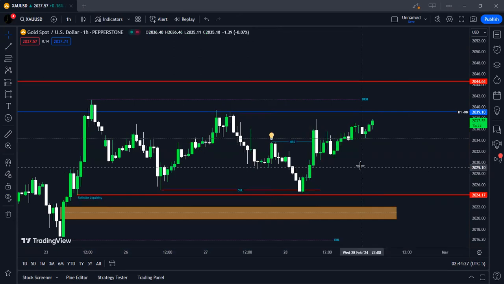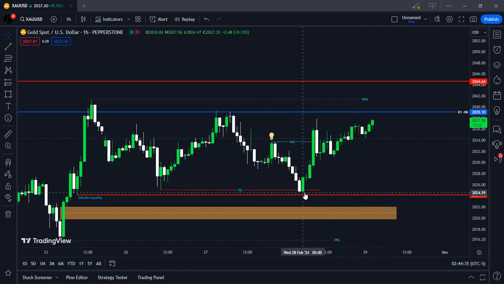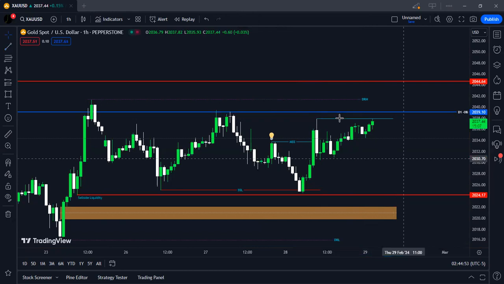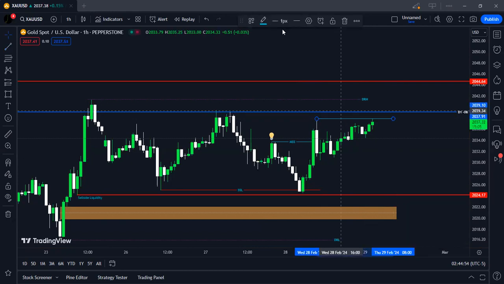So with the market structure shift, we have a minor dealing range inside that major dealing range. Okay, the minor dealing range is this lowest low, after the market structure shift, to this higher high. So we have a new dealing range between this higher high, so yesterday's high,